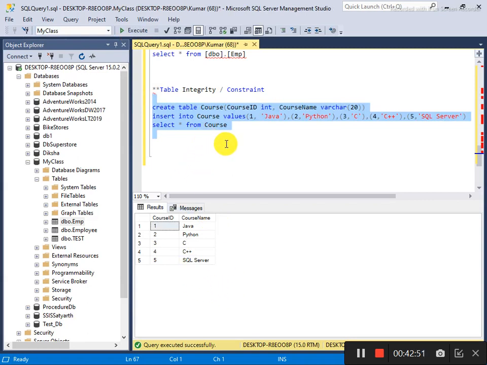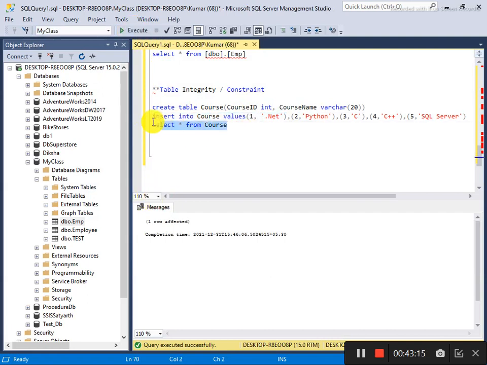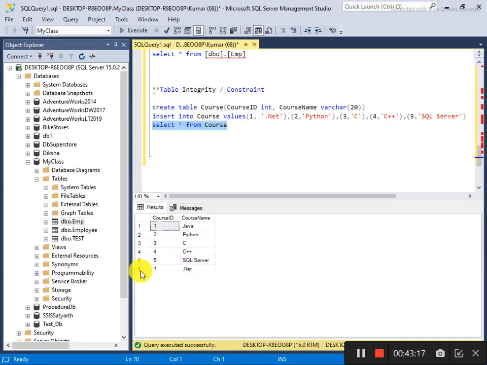Now I am saying that if someone wants to make a duplicate entry, like say .NET, and you run this query again, here the course ID 1 is already defined, and now you see the repeating value.